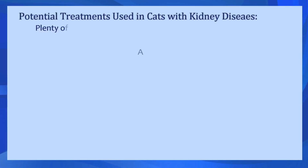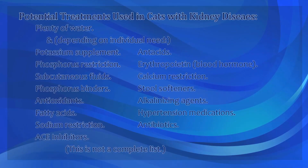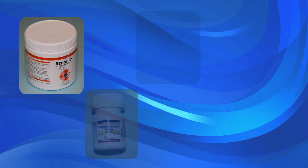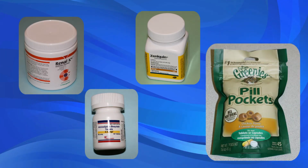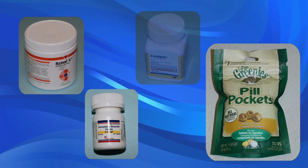This sounds complicated and hard, but a lot of times it's simple. For example, if a cat's potassium is low, we supplement it. If they have high blood pressure, we treat it. If they have kidney infection, we put them on antibiotics. All of these things are relatively simple, but can help a lot when they are needed. There's a lot that we can do with kidney disease in cats to help them live a long and healthy